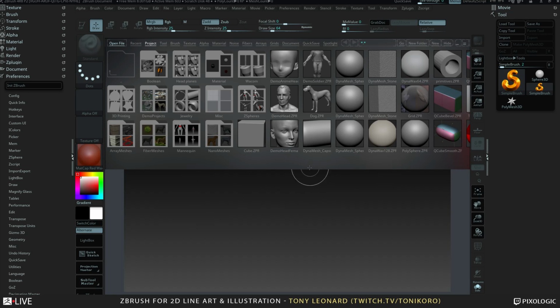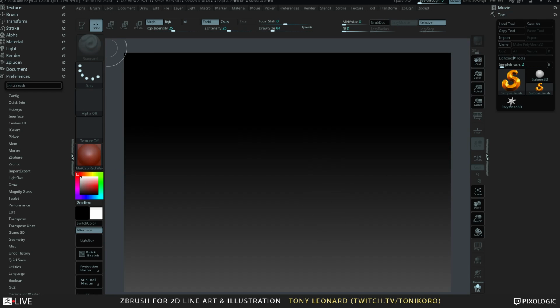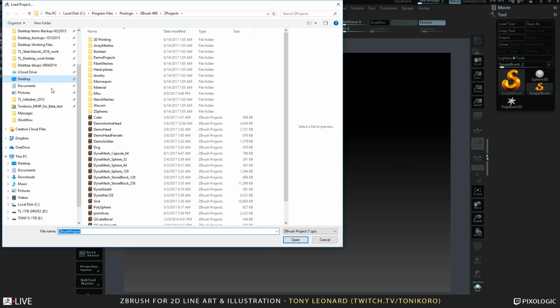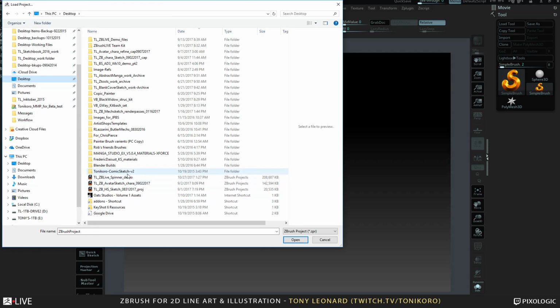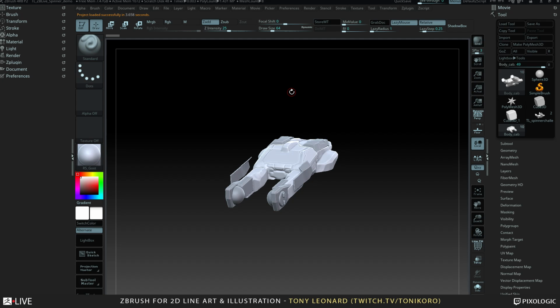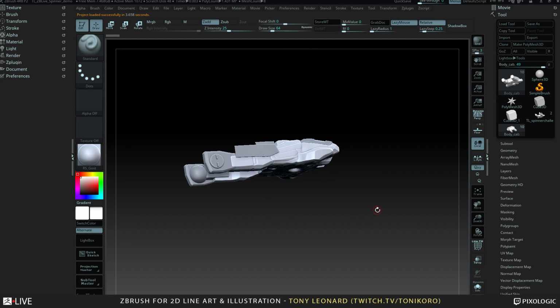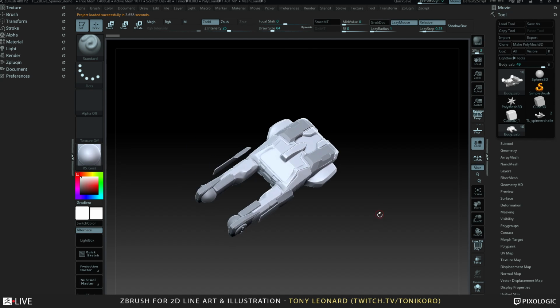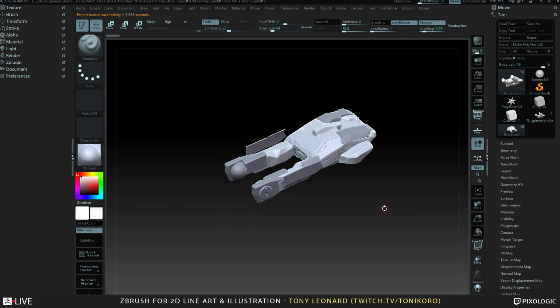So I just wanted to get R8 started, and I'm going to load up my file again because I had to restart ZBrush. Let's see, there we go. If you guys recall, I was working on this last week,